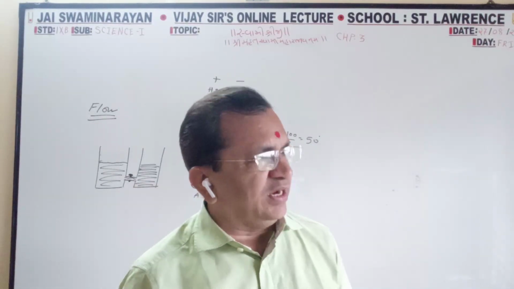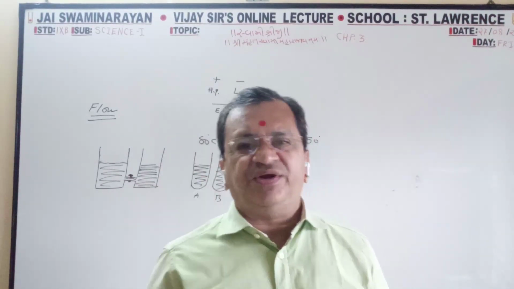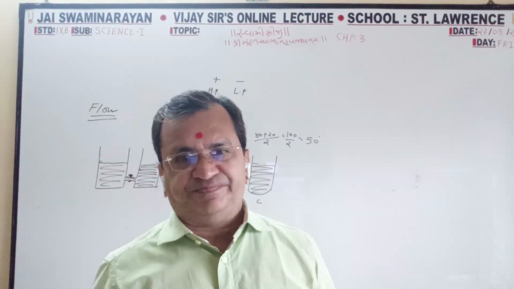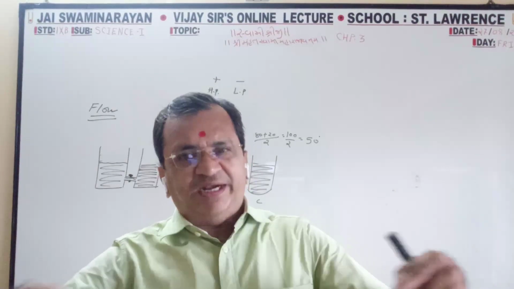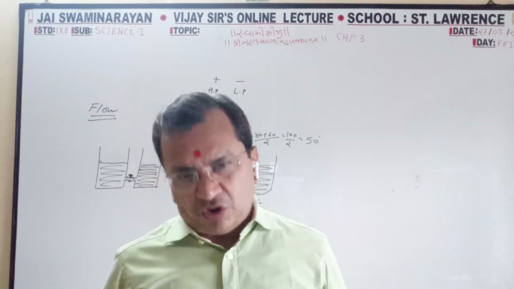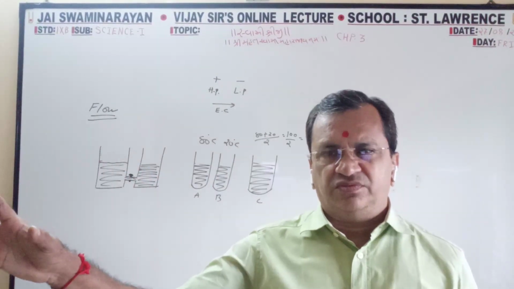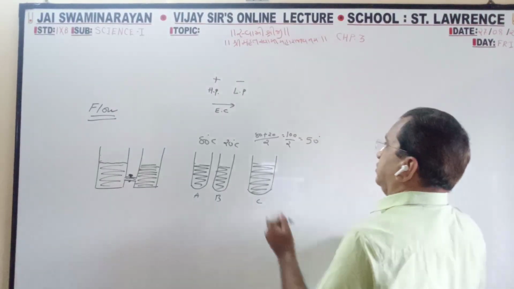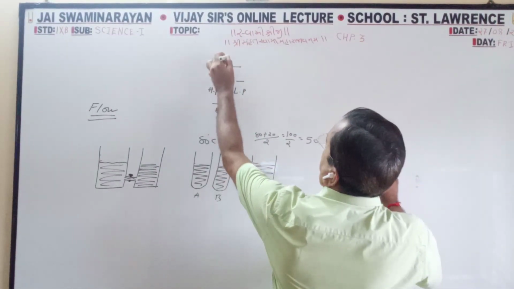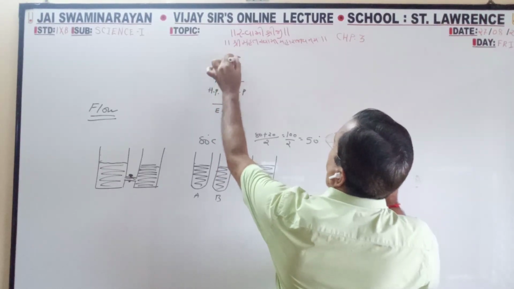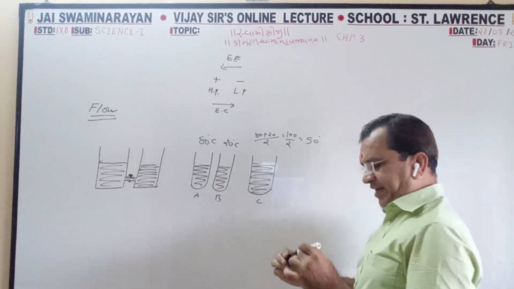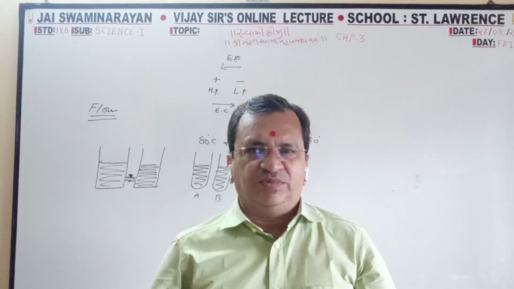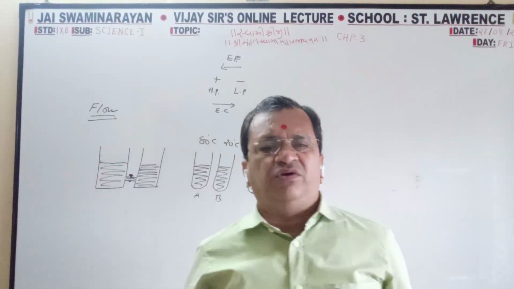Because in metal there are free electrons. Electrons are negatively charged. So when it is connected to the battery, all electrons, which are negative, are attracted to the positive terminal. So electron flow is from negative to positive, because it is negative and is attracted to the positive. So all electrons move from negative to positive.